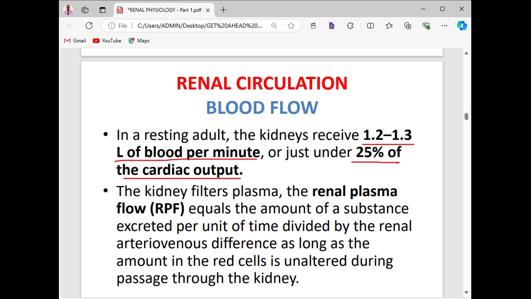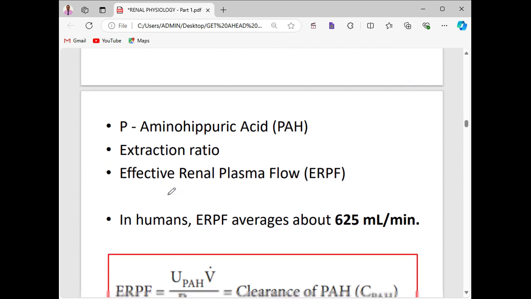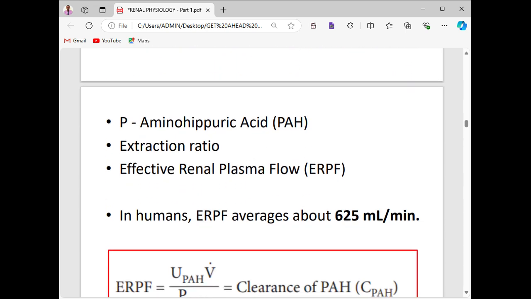Since we're still talking about renal blood flow,